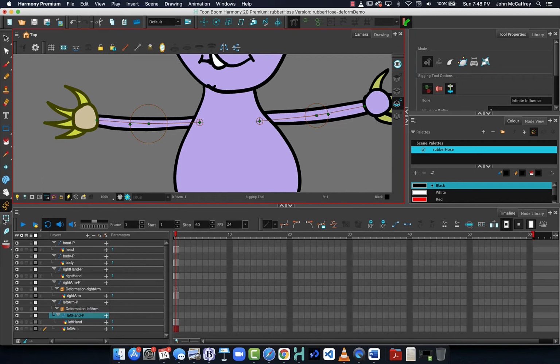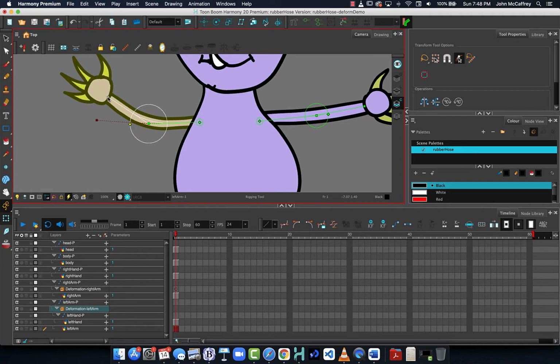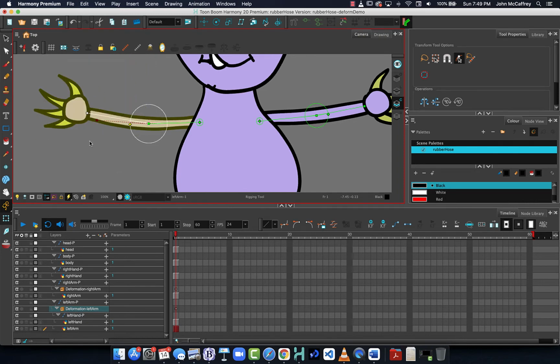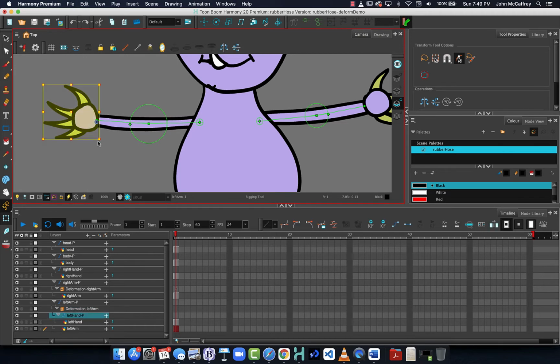Grab my animation tool, and now if I go and move this, we can see that the hand moves, but I can't do anything to the hand, and with certain kinds of movements, especially if I stretch it out, we can see we're starting to stretch and deform it at the wrist. So this isn't our ideal way of anchoring something there. So let me just undo until it's no longer part of it. What works better